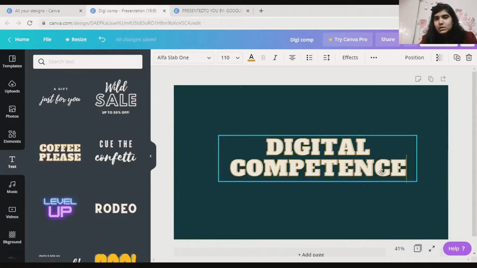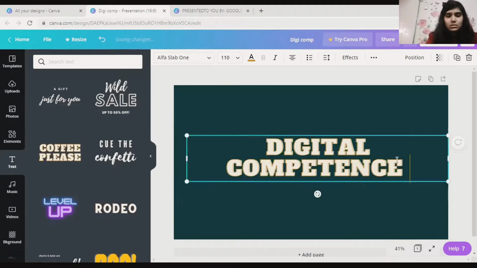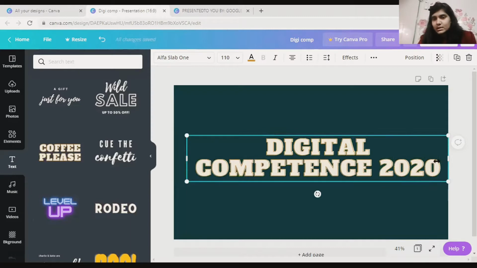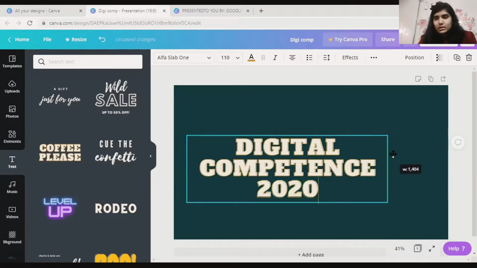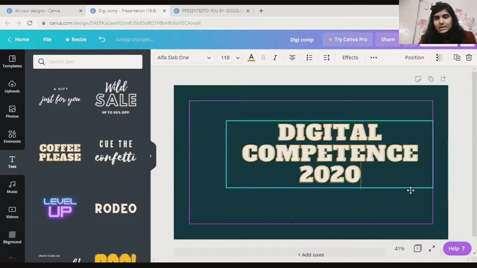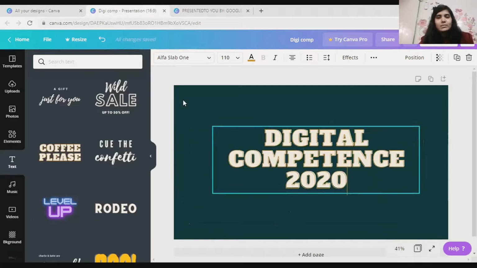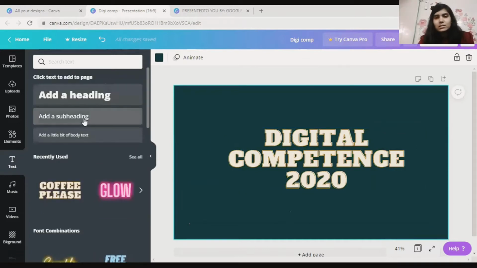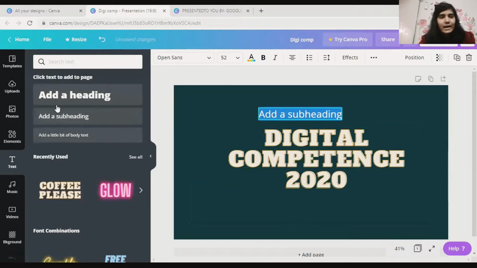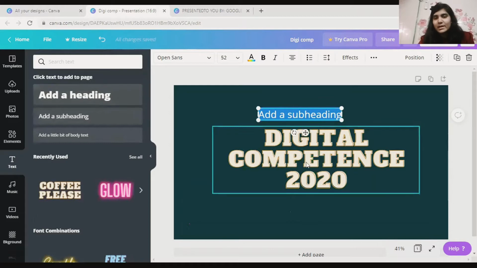And digital competence. Right, yeah, that's what I wanted to do. So that's the text I wanted to add. You can obviously add more headings also if you want to add. For example, if you want to add the name of the sponsor, right? What you can do is just click on this, click on add a subheading. The subheading will appear here.